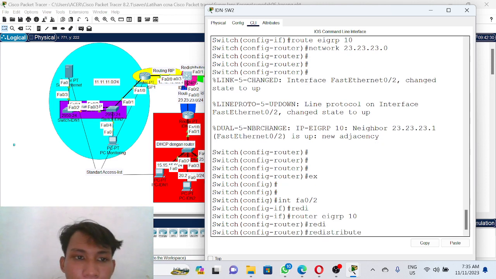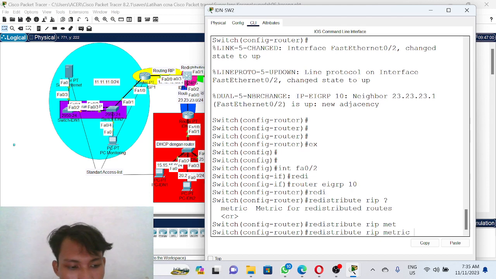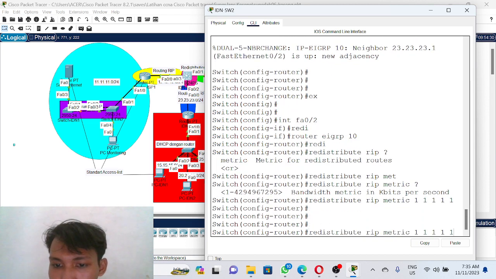Redistribute RIP, question mark, metric, question mark. We can take the value 1 1 1 1 1. Okay.